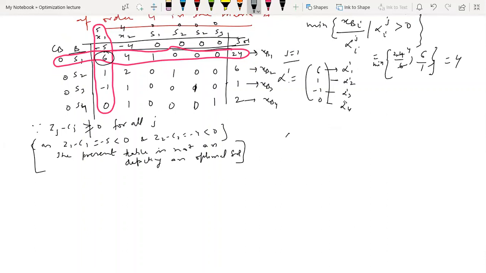Okay, so now my next basis will be what? B equal to what? Which variables are there? X1, S2, S3, S4. So that means I am now able to make another choice of the basis which will be actually feasible, and